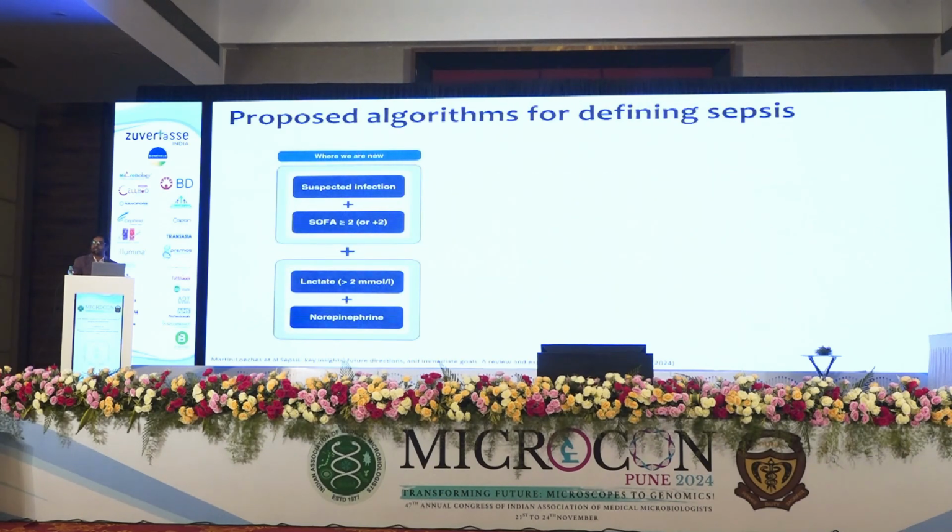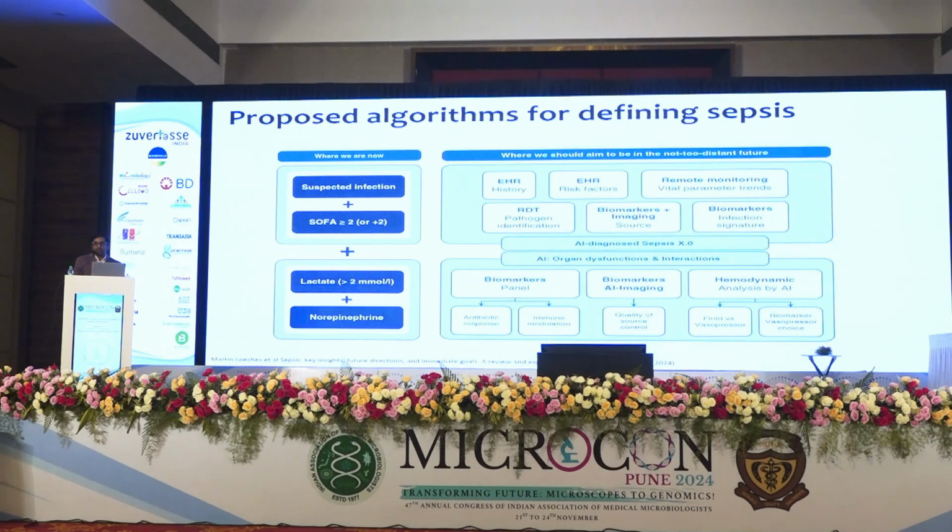So what is the future in sepsis? Currently, we define sepsis as a suspected infection with a SOFA score of more than 2, and septic shock as having lactate more than 2 and use of vasopressors. So how can machine learning in the near future help us? Soon we will be feeding all this data